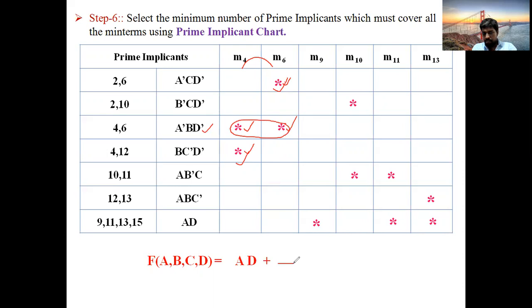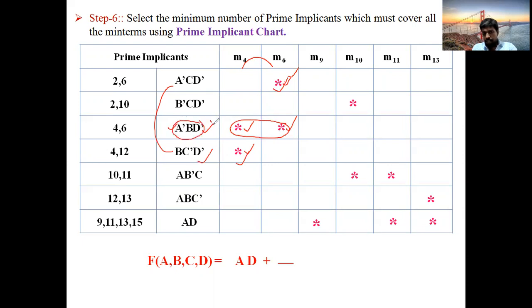It is better for us. Why? Because we should try as much as we can to reduce the number of terms. Suppose you take this term as your answer, you should involve these two terms in your final expression. But if you take this term, only one term is necessary for both the columns, so the selection of this term is very appropriate for us.